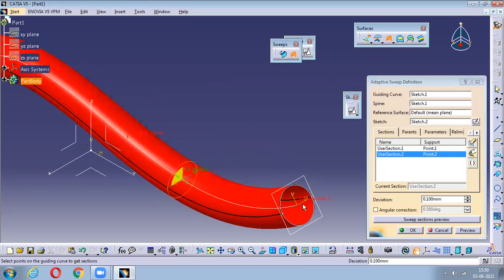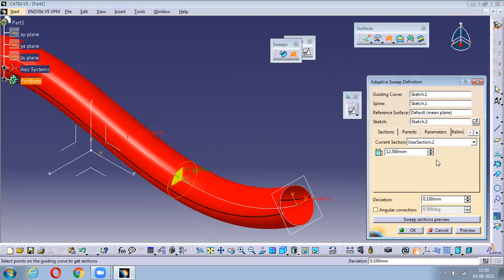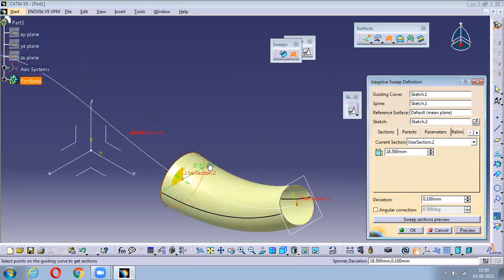Yes, sir. So now just click on this parameters. Here you can increase or decrease that particular part. I have increased it now. No, don't say okay, say preview. Once you say preview, you can notice there is a raise of this diameter in this session. Again, come back to sessions. Now you can notice this session 2 has been added. So this is session 2.